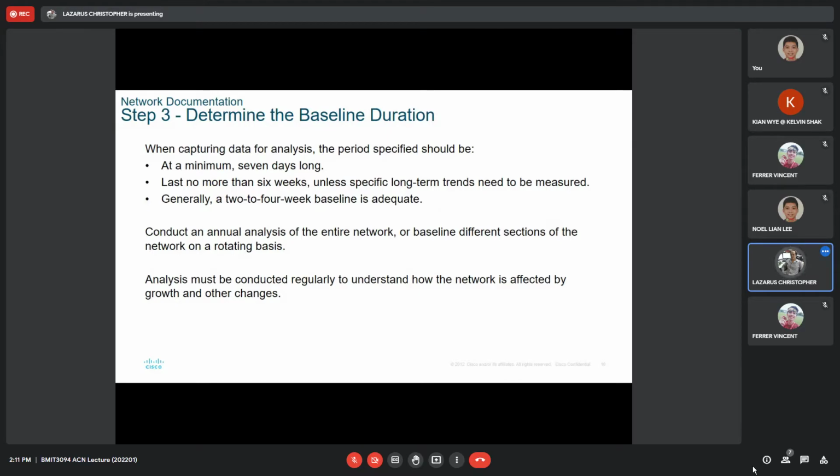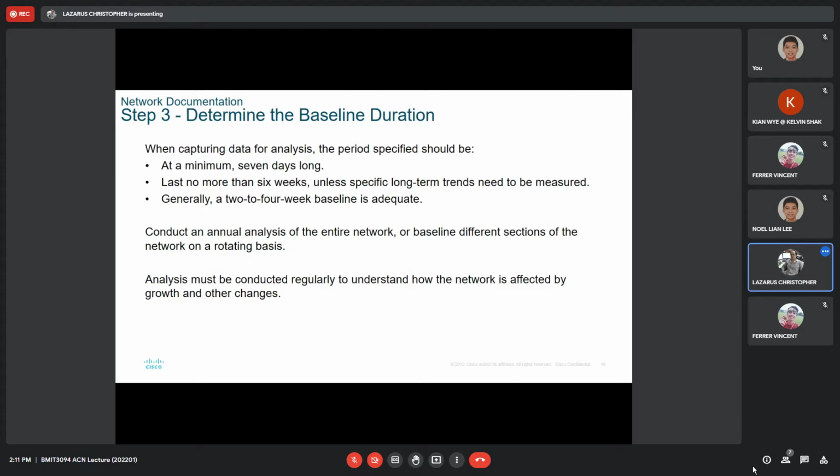And then it should be no more than 6 weeks unless you are targeting to check long-term trends. So in general, 2 to 4 weeks baseline is adequate. This is about half a month or up to 1 month, right? 7 days is the minimum, right? And then you need to